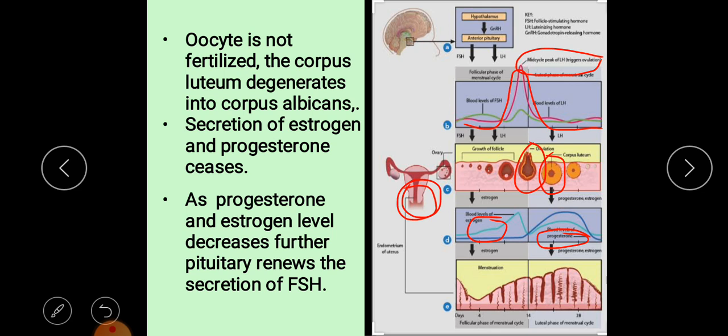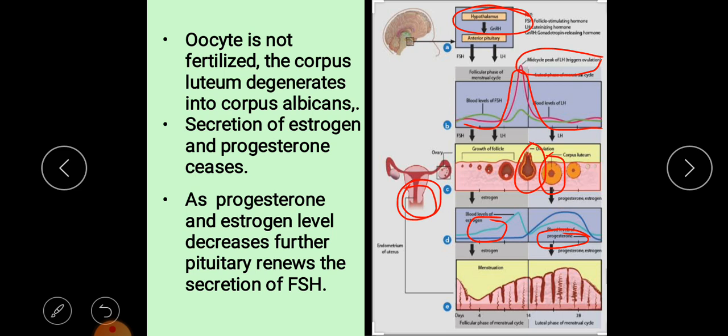When it reaches the corpus luteum stage, there is a secretion of the progesterone hormone in the post ovulation. In the post ovulation it creates some negative feedback: in the hypothalamic region there is less secretion of the gonadotropin hormone, and the stimulation of LH and FSH is also getting less. Now what is the exact result of that?